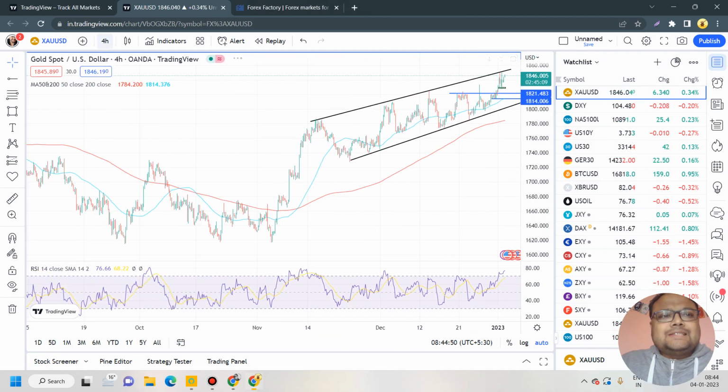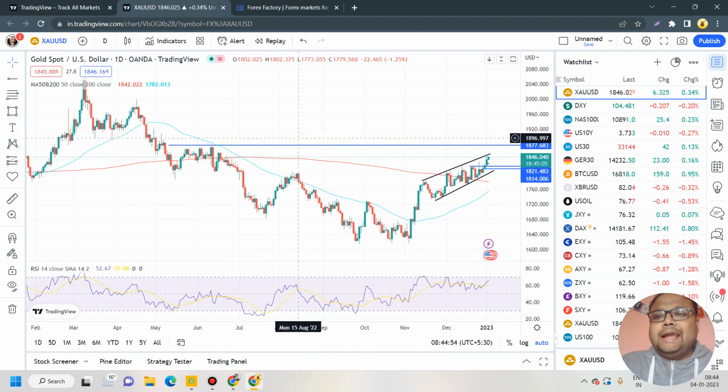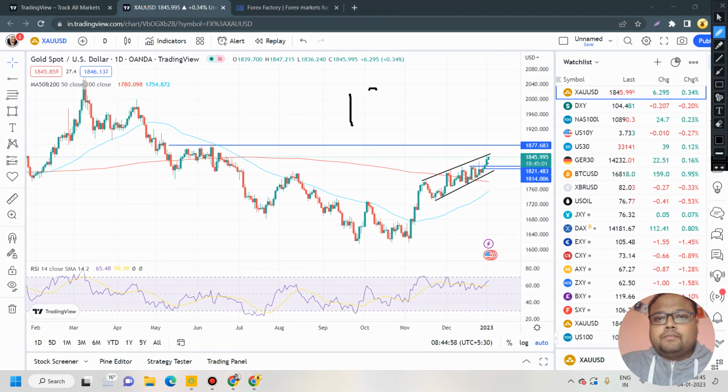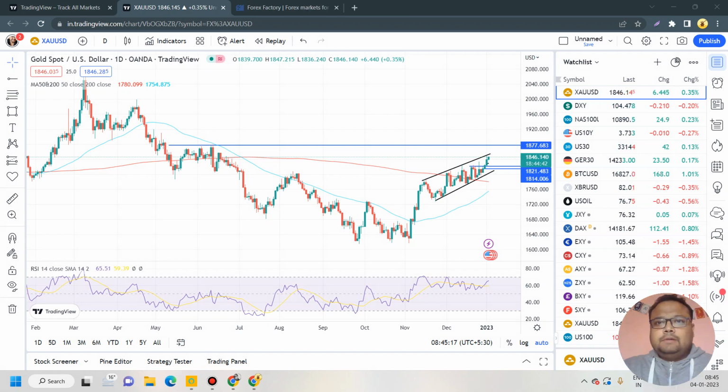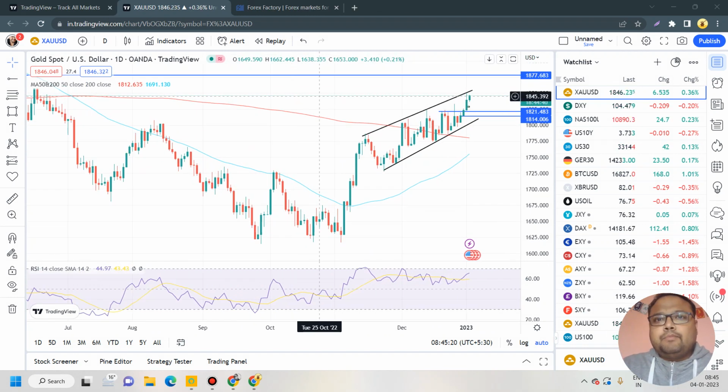So the next big resistance on the chart of gold is around 1877 to 1880. This is the next big resistance on the chart of gold, and if the present structure of the market continues, then obviously gold is heading towards the 1875-76 to 1880 level. So if you're a swing trader, then you should be looking for buy positions only as long as gold is continuing